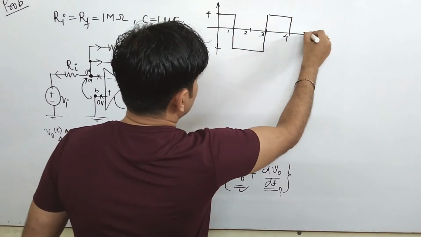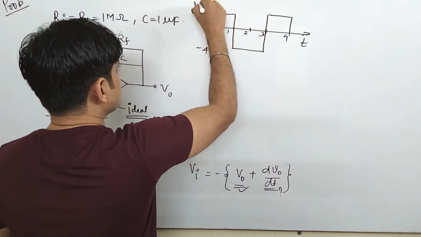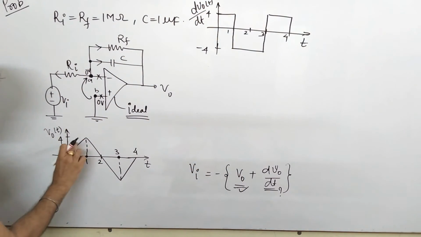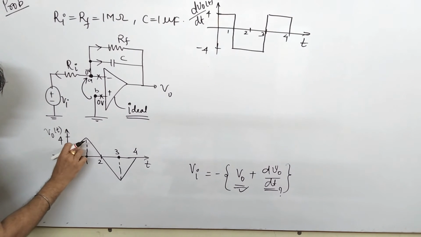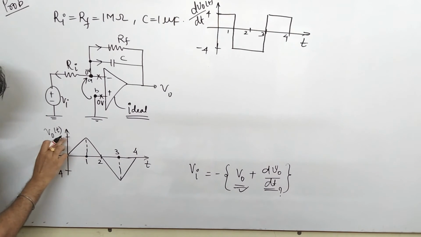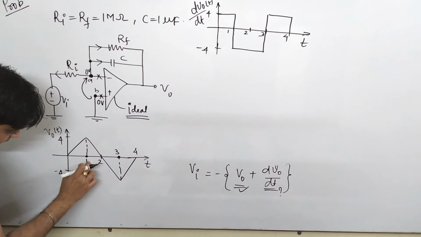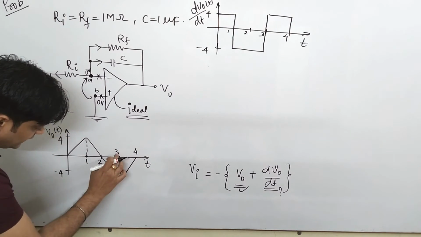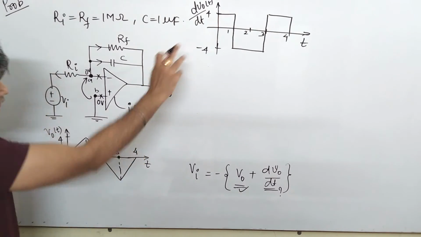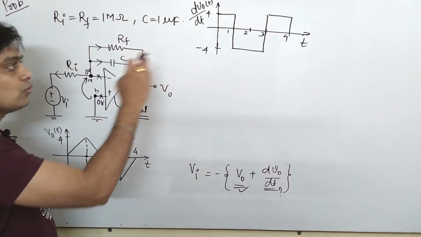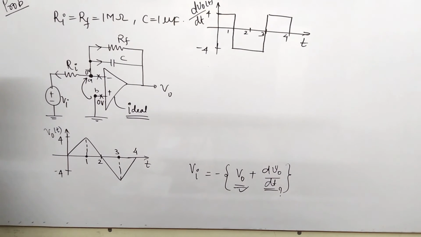Yes, this is your t. This is dV0(t) upon dt. This waveform is what I have just differentiated. So the differentiation of your ramp signal is a unit step function. So it comes to be here. Now it is a decreasing slope, so definitely this value comes to be here. It moves up to 3, and now as it is an increasing slope, so it is like that. I already mentioned this in my previous problem. You can go through it and try to understand it. I am not repeating the same thing here. So I think you understand how we draw dV0(t) upon dt.